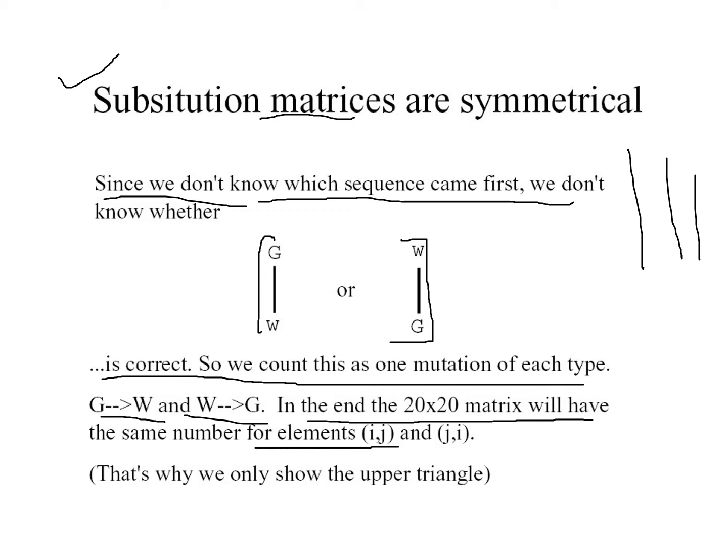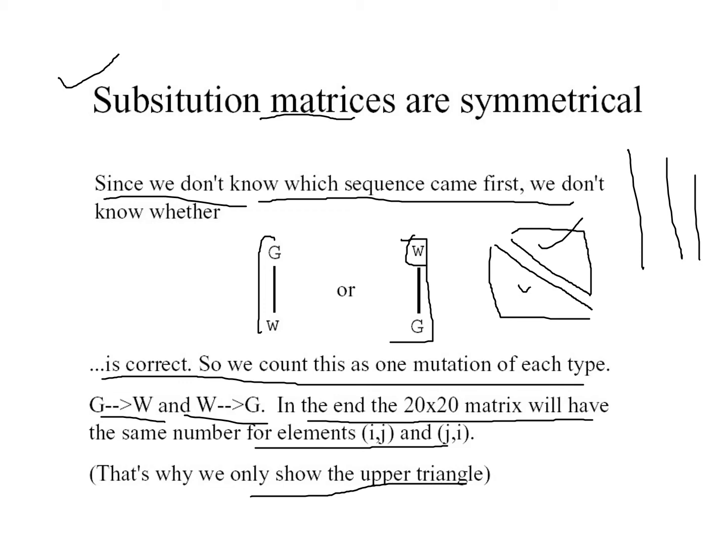Okay, so while making mutations, we just show the upper triangle, this side or the other side. As you can see, not both, only this side, because the alignment patterns are the same, so the mutation is the same, so we'll get the same number for both the elements such as W or G. All right, so moving on, basically it's symmetrical, it's proof of that. So let's take this to how to count mutations.